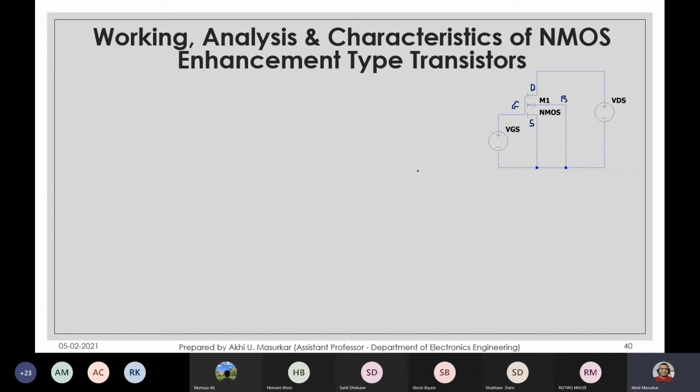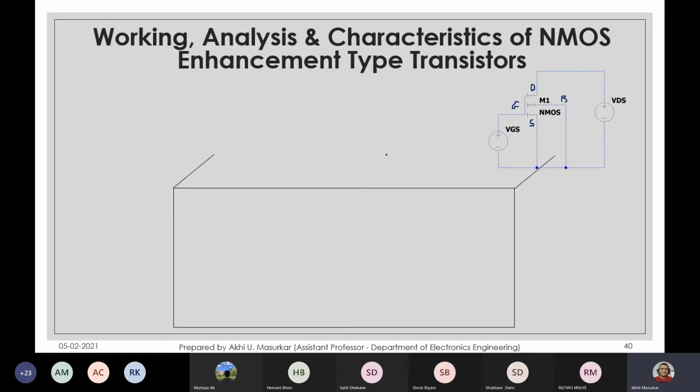You can see that first we need to create the MOSFET M1. How will you create that? First draw one square like this, and it's a three-dimensional structure. How long it is at the back we don't know for now, so let us draw it that way. Then after drawing this square, you can name this P silicon. When the substrate is P type, we are talking about an NMOS.